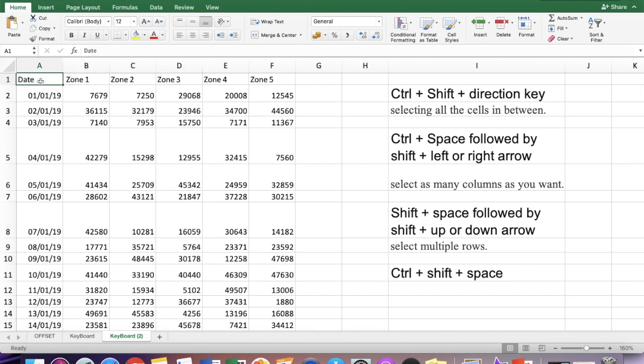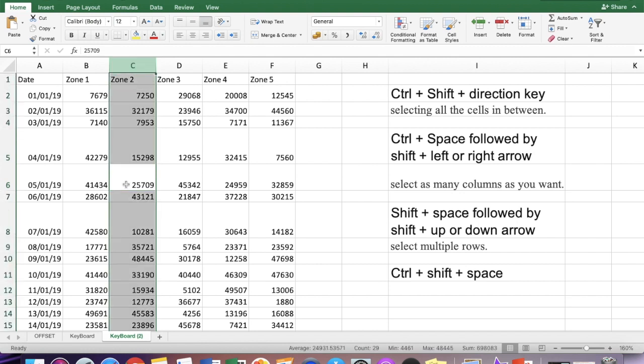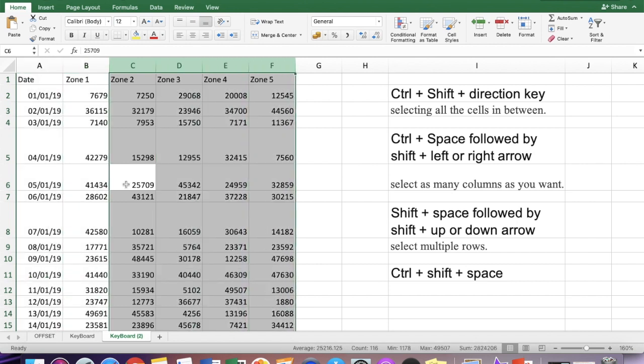Now the second is how many columns you want to select. Say I am here and I will press Control and Space. Obviously, as we know, the column has been selected. Now what I'll do, I will take my hand off and then press Shift key and use my left and right keys. So it will be selecting the other columns also.